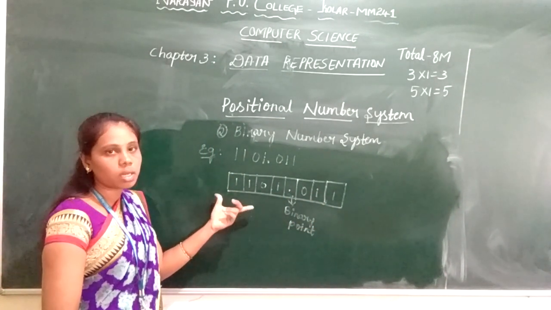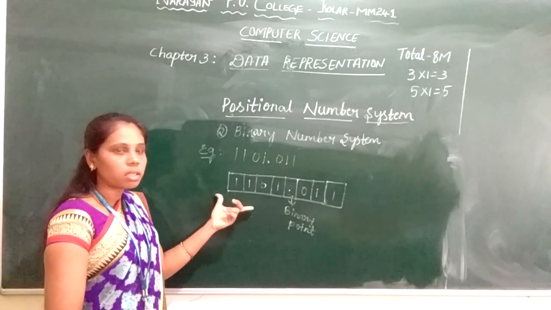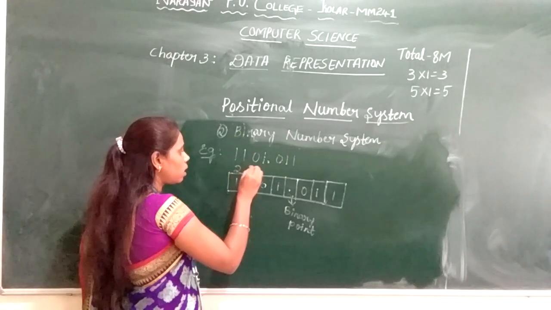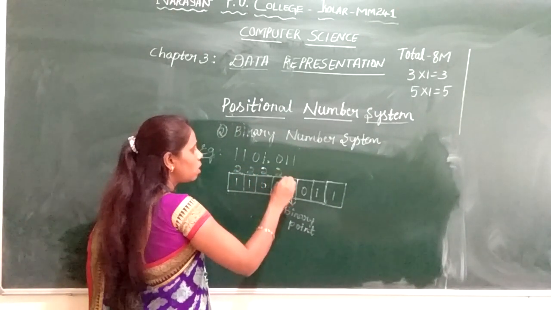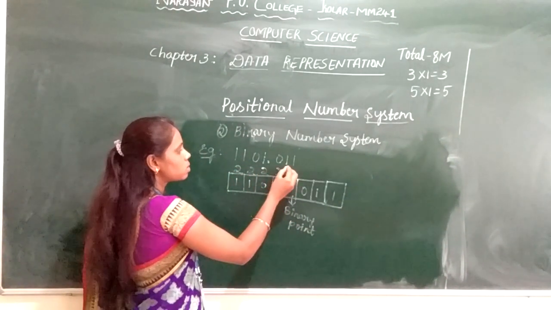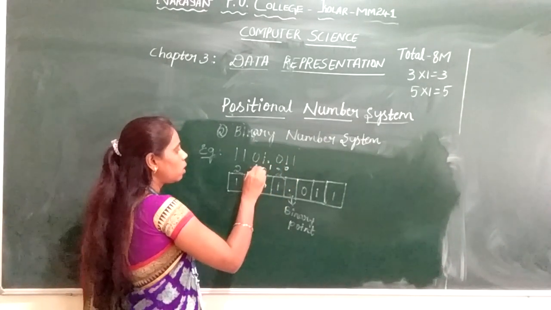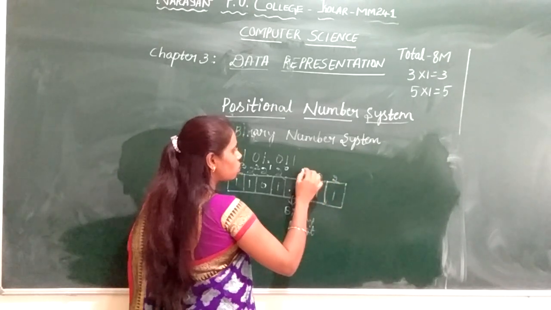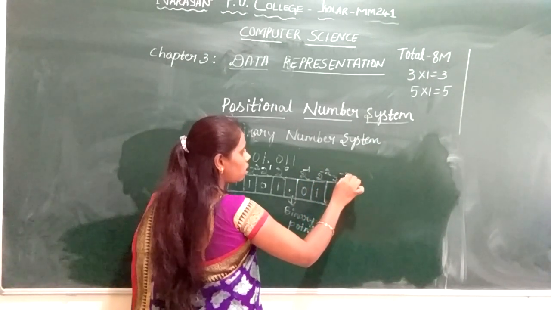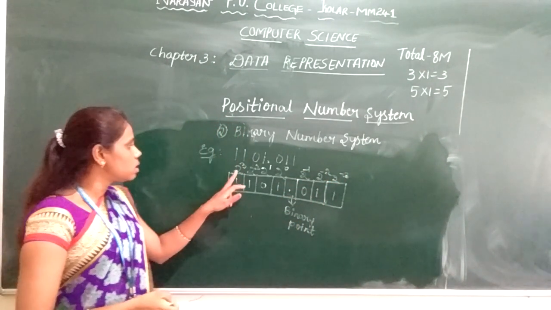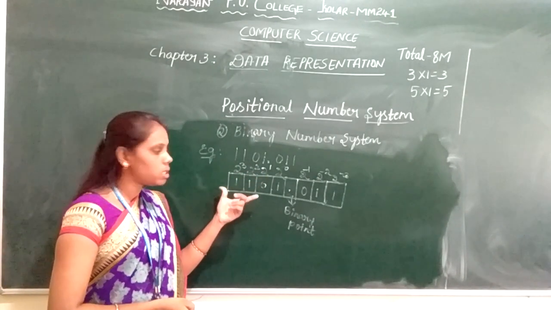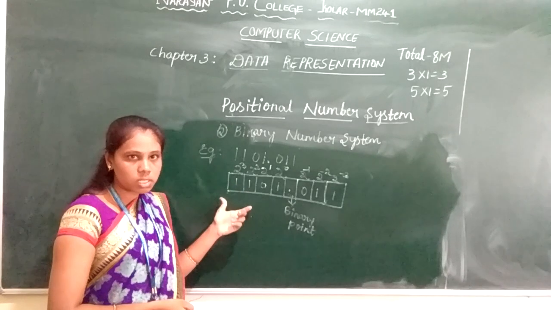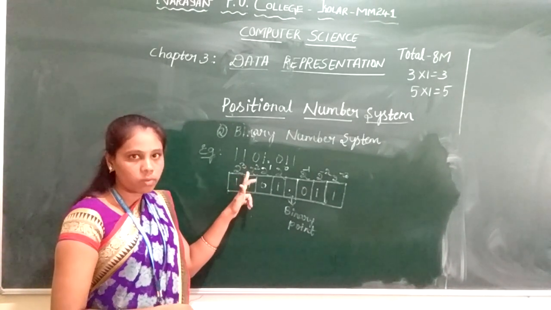Now I will represent the powers. In binary number system, the weights are represented as the powers of 2. So I will write down 2, 2. So it has positive powers. So I will start from 0, 1, 2, 3, and then negative powers, so -1, -2 and -3. So these are the weights of the individual bits. This is also an example of positional value. Each bit has its own positional value with respect to its power.